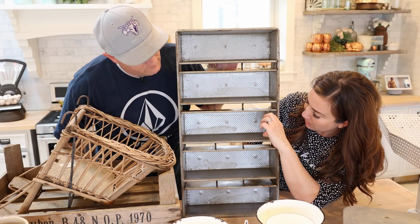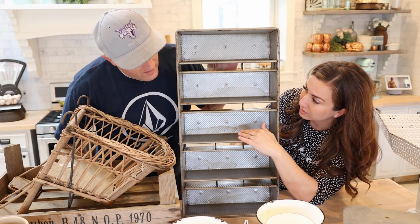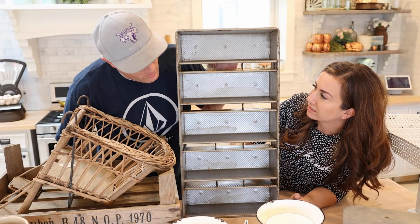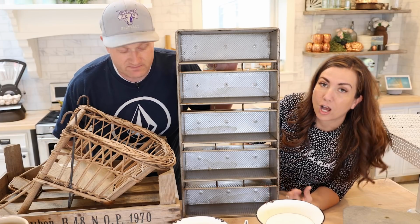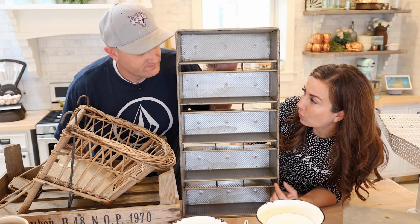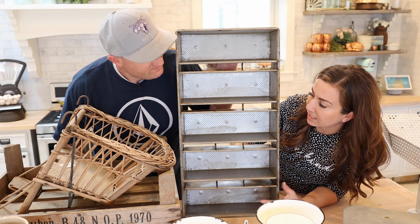But really anything that's probably like 3 inches tall would be great in here. You could also do floral. Yeah, I also would do small little jars or things with labels on them. I think that would be awesome. Oh, for like your craft room? Or clean them really, really good and use them for like fruits and vegetables or like a display at a